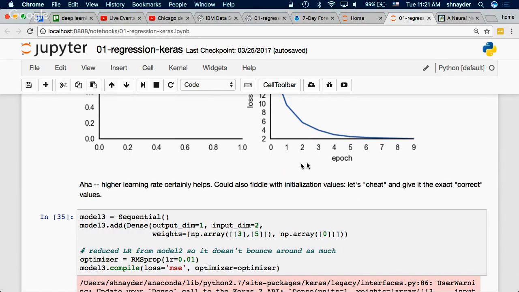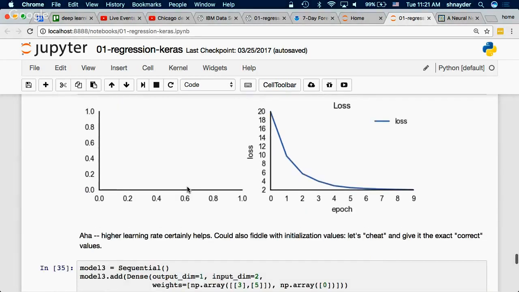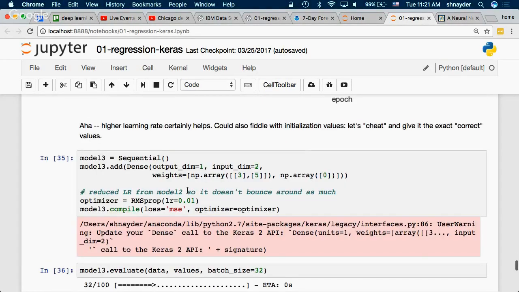And the other thing I can do is initialization. In this case, I know what the right answer is. In general, you don't know what the right answer is, but you might have some hypothesis that it's closer to this as opposed to that. And so initialization also matters. So here I'm going to put the learning rate kind of in between the two. Typically, you use log scales, so factors of 10 are good. 0.01, but now I'm going to actually initialize it at the right model